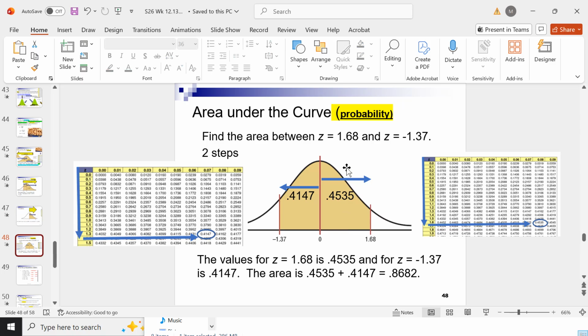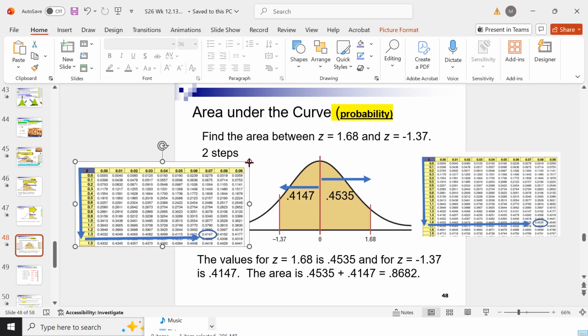Another one here, you'll see I have two z-scores, a negative and a positive, and I want to figure out the area, the probability under the curve for the two specific areas. In this case you would have to do two z-table checks, because the z-table only starts from 0 out. So you'd have to find the probability for that z-score, write it down, and then using this z-score, 1.68, find the probability, write it down, add the two numbers together, and you'll find the area. Okay, and negative 1.37,